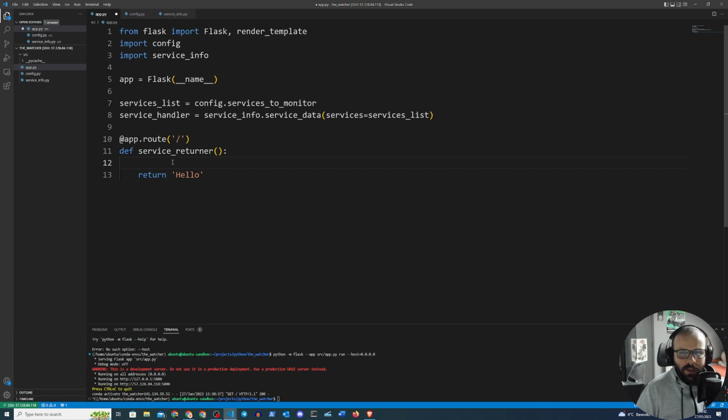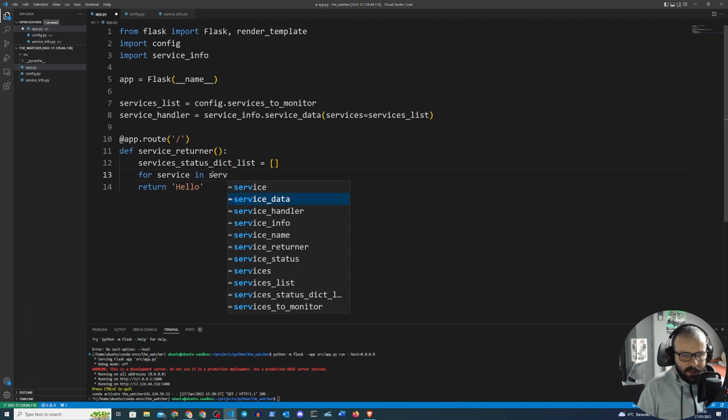So we want to make sure that we can capture all of that in a list and return it in a list. And that list then contains a bunch of dictionaries. So let's do that. Let's do services status dict list, something descriptive, and we'll make this empty. Now we're going to loop over our services list. For service, let's see if we don't have service anywhere. No, we don't. For service in services list,